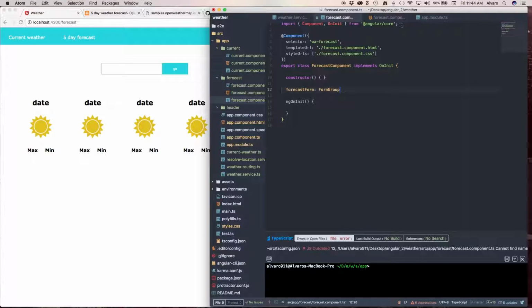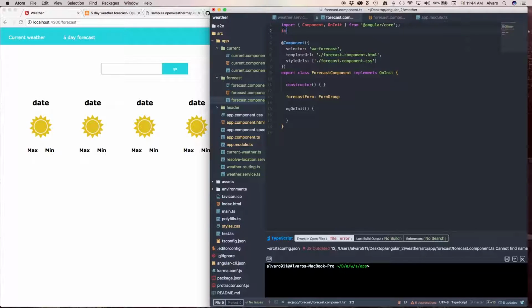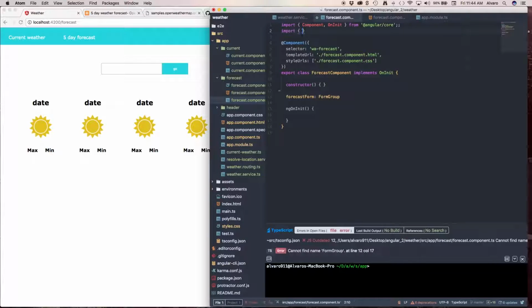Now we need to import this FormGroup from @angular/forms. All right. And so now in ngOnInit,